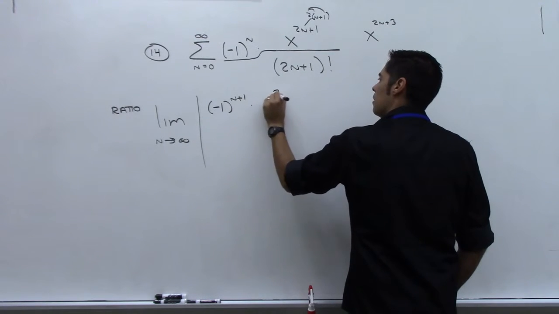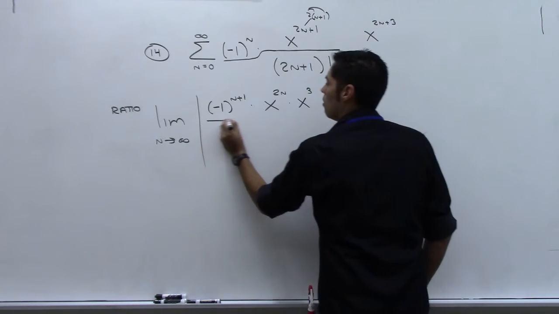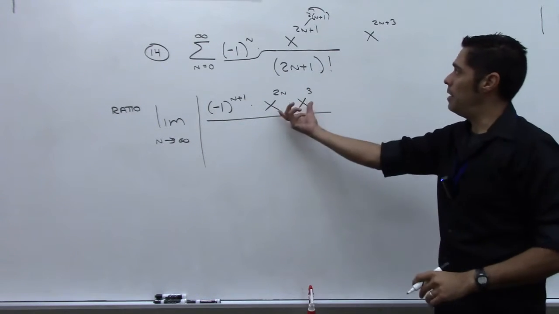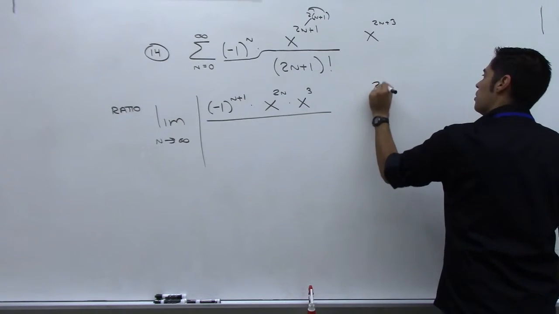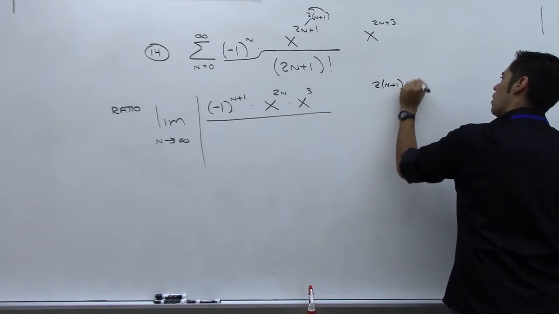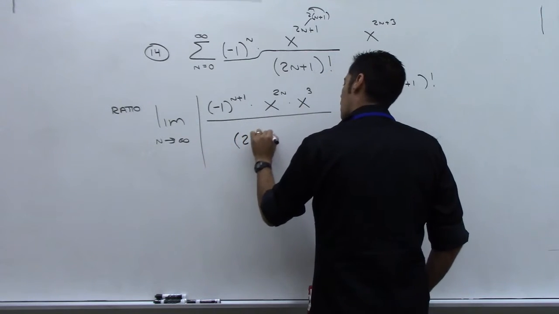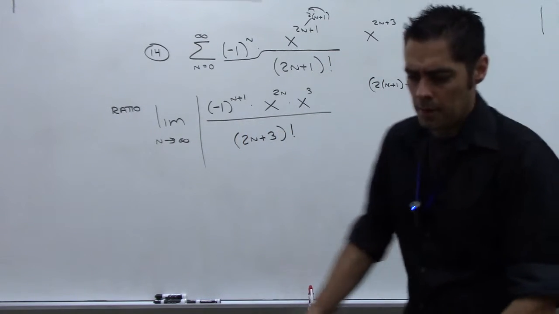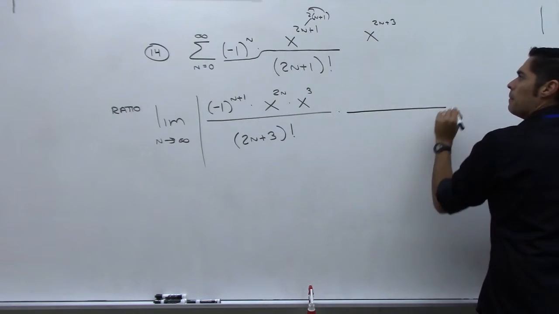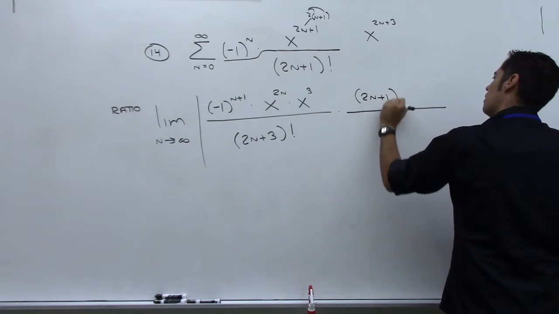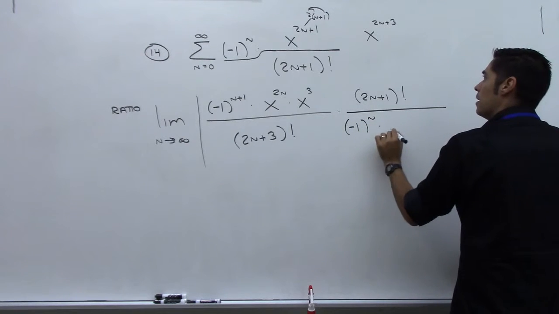So you get x to the 2n times x cubed, like that, over, so that's taking that and splitting it up. Then, on the bottom, you have to plug n plus 1 in right there. So you're doing 2n plus 1, all of that factorial. Again, you're going to get 2n plus 3 factorial. And then you're going to multiply by that thing reciprocated. So 2n plus 1 factorial up here. On the bottom, negative 1 to the n. And then over here, x to the